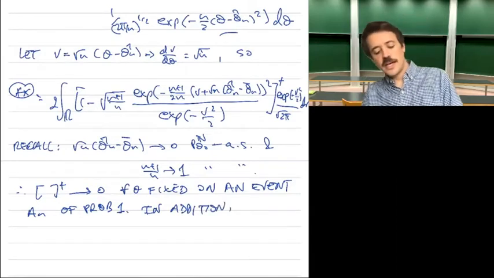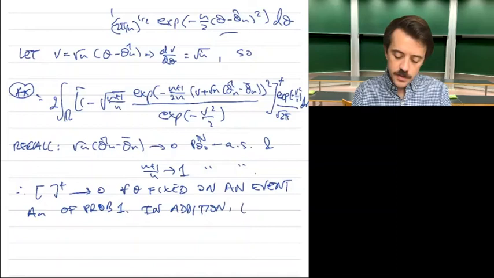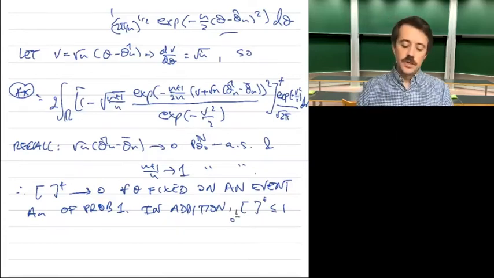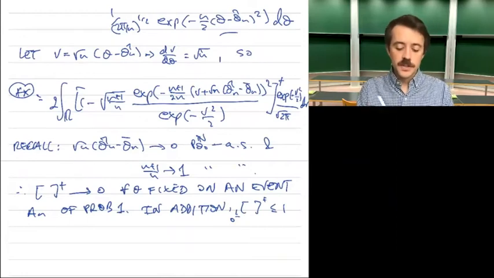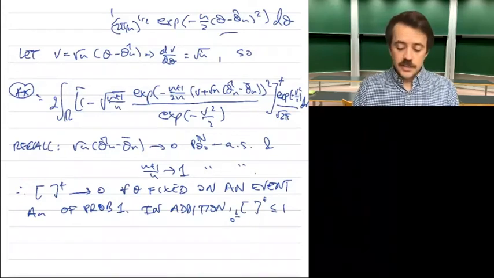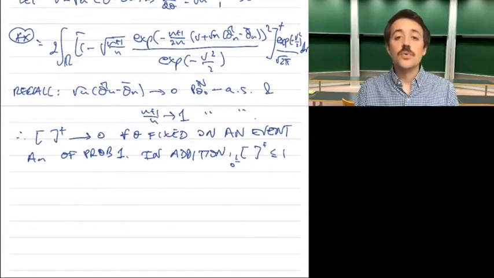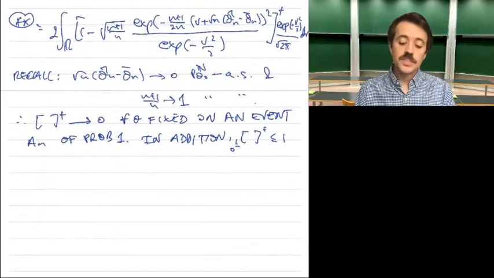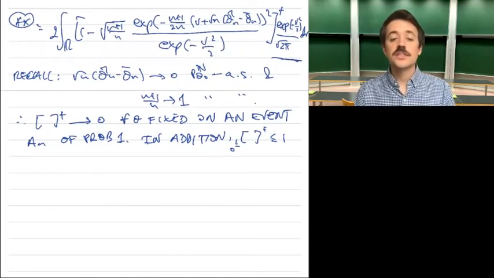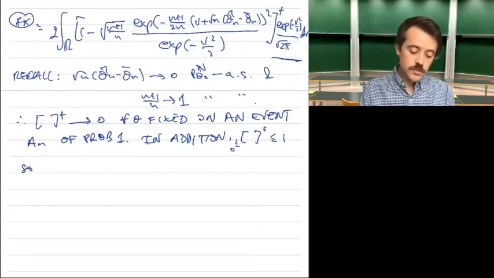we also get that this guy is bounded by 1, and actually, of course, bounded by 0 below. So bounded by 1 is obvious because the ratio that we've got there is non-negative. And so this means that because this guy is integrable, then so is the product of these two things, and we can use the dominated convergence theorem,